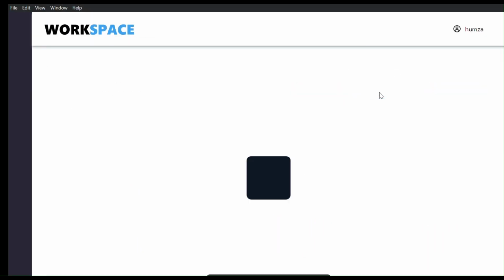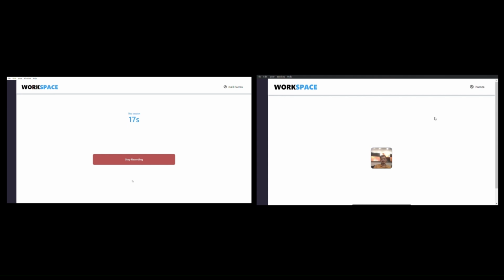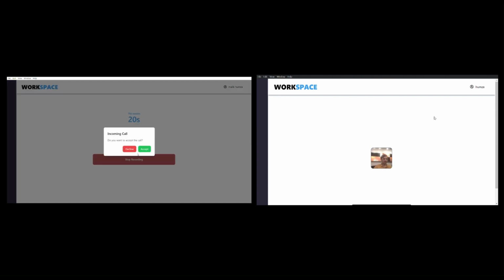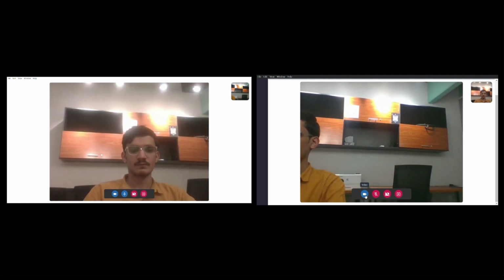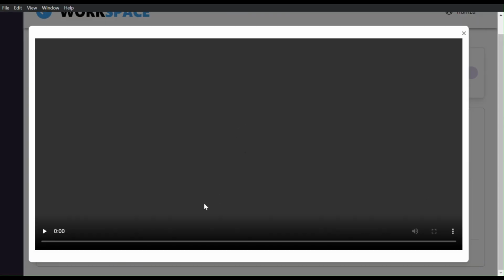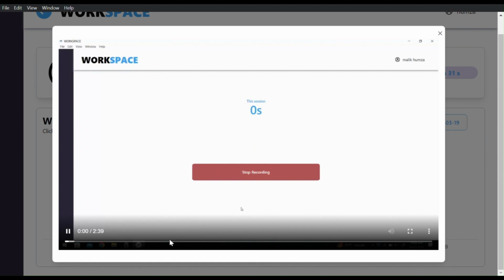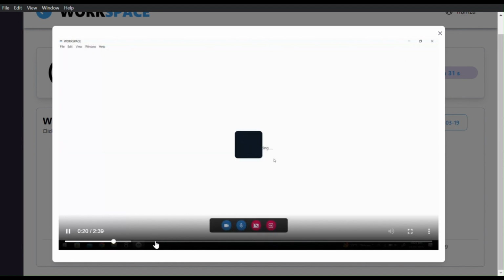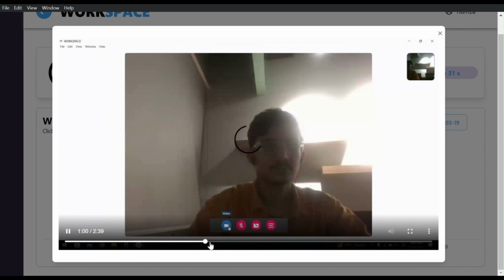In addition to live monitoring, admins can initiate one-to-one calls with employees. When an admin calls, the employee is alerted. Upon accepting, both parties can share video, audio, and screens seamlessly. This enables direct communication whenever needed, ensuring smooth collaboration without any disruptions. Notably, the ongoing screen recording remains uninterrupted during the call, so the entire meeting is also captured. This functionality gives admins robust oversight, ensuring the remote work is both transparent and accountable.